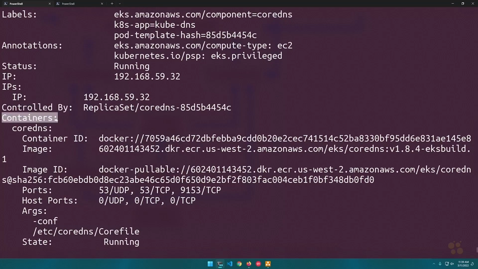Now, right down here under the containers section, this is what shows us the actual configuration of the containers in the CoreDNS pod. And again, we're just looking at one of the two pods that were spun up, but this pod has a single container, and that container